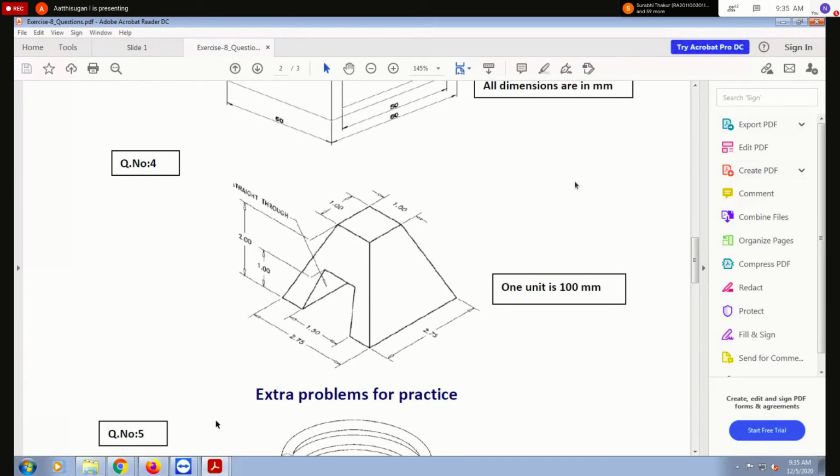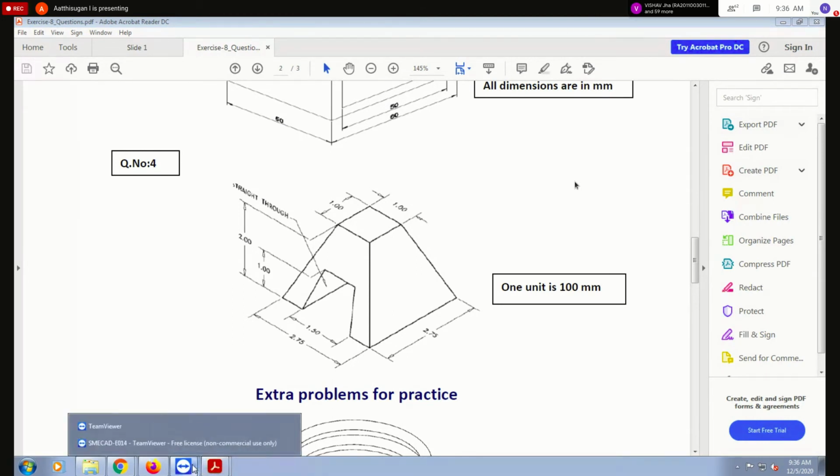Or you can draw it on your own. Okay, so I'll tell you without some of my own dimensions, so the same steps you can use to solve this one as per the questions. Given 1 unit is 100 mm, you can take it as 100 cross 100. Because in the top view I am going to draw this profile, in the top view I can see this square, so for that you can choose the top view.